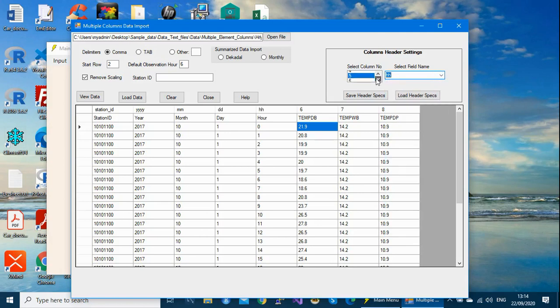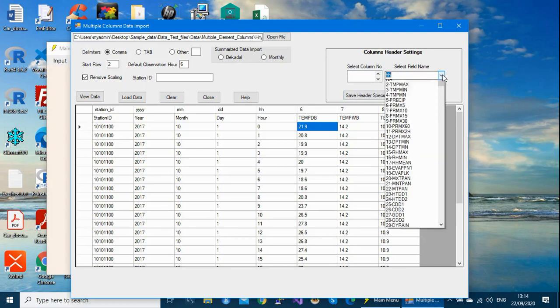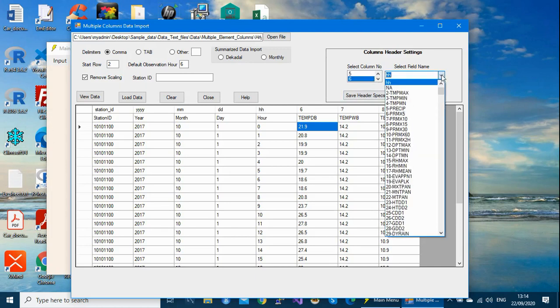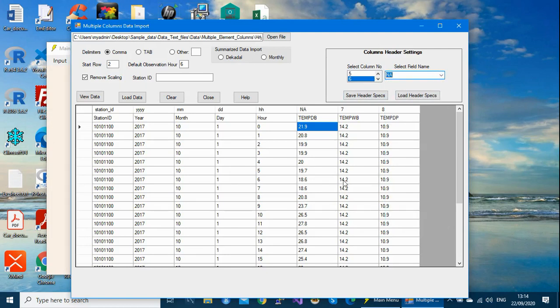Column 6 is for dry bulb temperature. So dry bulb temperature, you scroll down. There is this NA, which means not applicable. In case you want to skip the entire column, you put NA. That means the system will not transfer this column, it will jump this column.